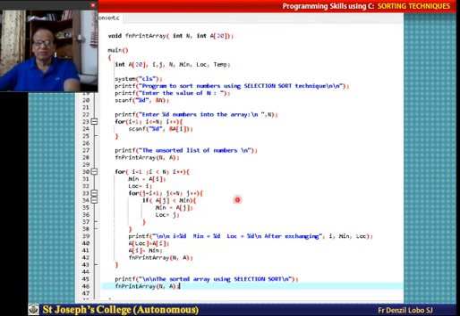This is the algorithm for selecting the least number and making it the first number, second number, third number, depending on the loop. Then I print, because I want to show you how the numbers are replaced, and at the end we print the sorted array using selection sort.